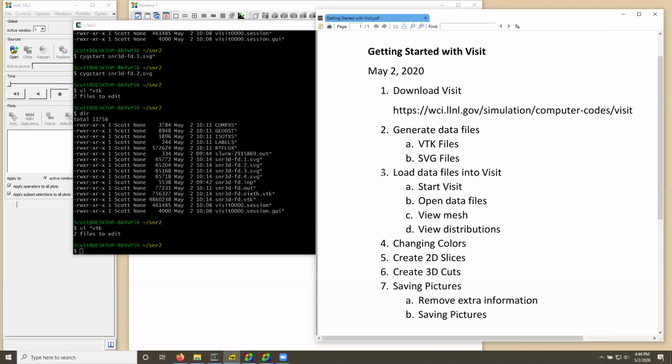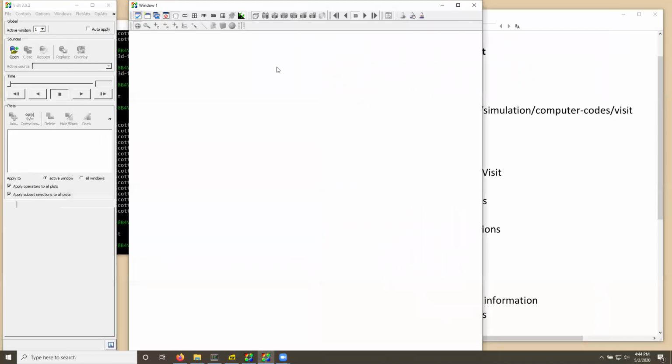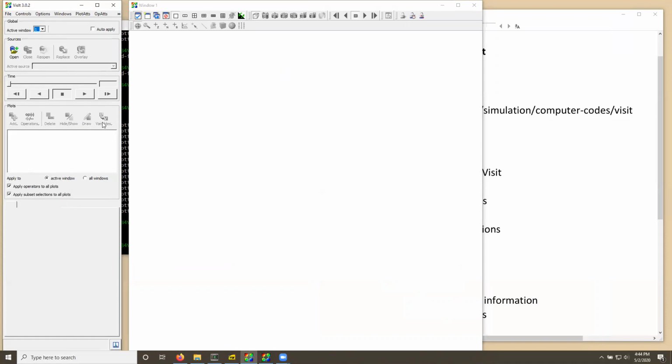Now we want to load this data into VisIt. Okay, so if we open up VisIt, you'll get 2 windows like I've shown here. Your controls are on the left, and on the right-hand side is the actual data visualization. One thing to notice is this window on the left is usually a little too small, so we just want to drag it and make it a little bigger, and we'll see this variables thing pop up. It's sort of a pet peeve of mine, but it doesn't quite show up, so you have to make this window a little bigger. Then go to the top, File,